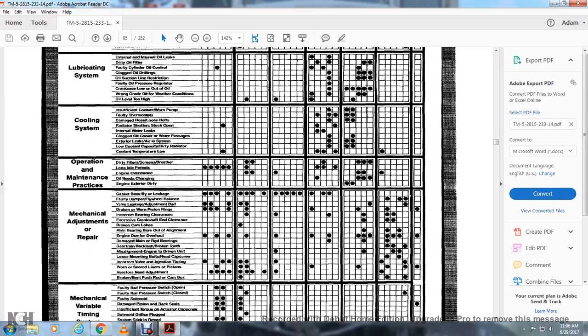Mechanical adjustment and repair: blown gasket, leakage, faulty damper or flywheel balance, valve leakage, adjustment bad, broken or worn piston rings, incorrect bearing clearance, excessive crankshaft end clearance, broken cam lobe, main bearing bore out of alignment, engine damage due to overhaul, damaged rod bearings and gear trains, backlash, broken bolt tooth, misalignment, engine driven out with loose bolting, head cap screw, incorrect valve and injection timing, worn screw, scored liner pistons, injectors need adjustment, broken or bent push rods and